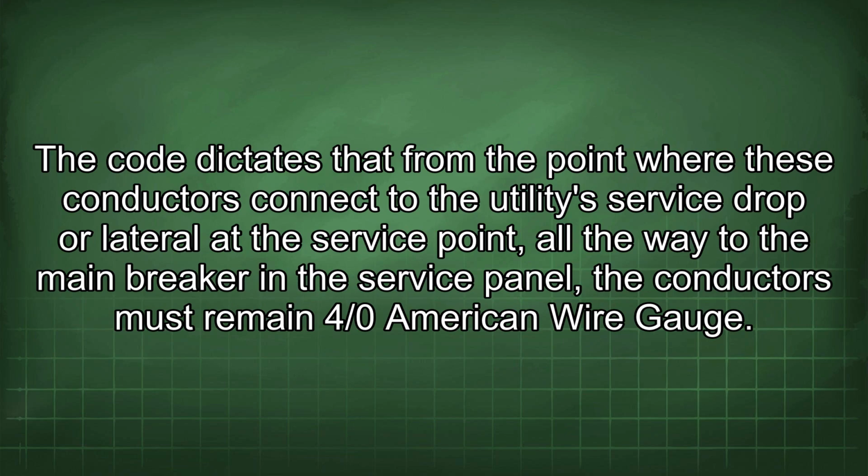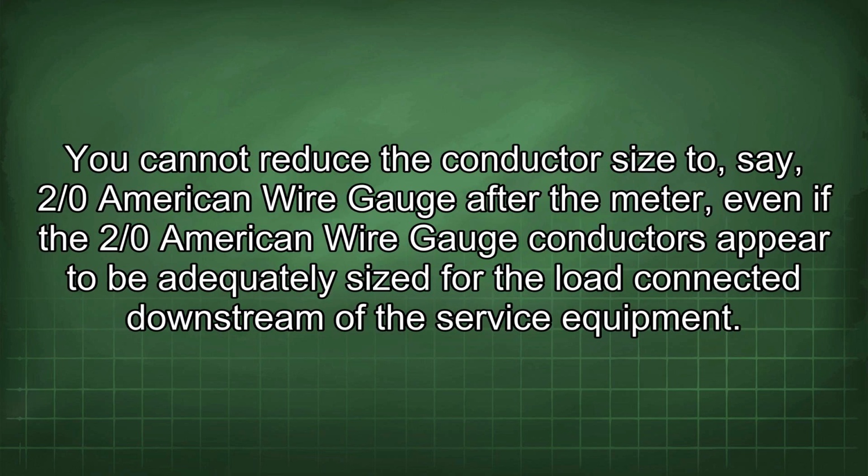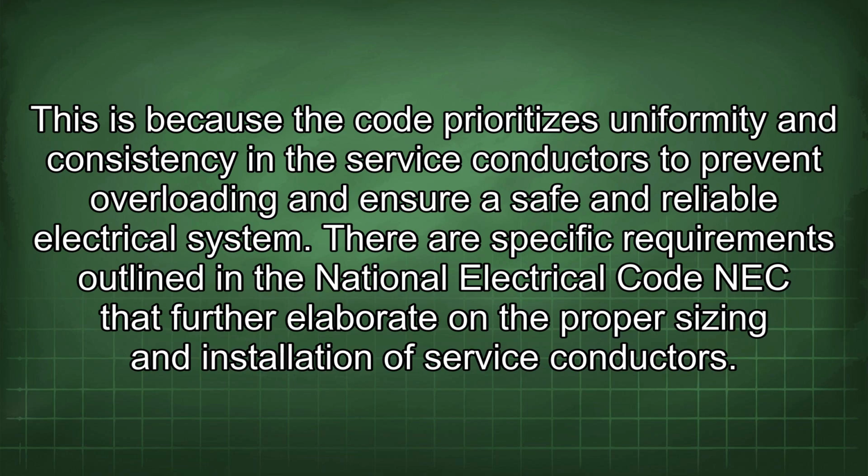The code dictates that from the point where these conductors connect to the utility's service drop or lateral at the service point, all the way to the main breaker in the service panel, the conductors must remain 4/0 American wire gauge. You cannot reduce the conductor size to, say, 2/0 American wire gauge after the meter, even if the 2/0 American wire gauge conductors appear to be adequately sized for the load connected downstream of the service equipment. This is because the code prioritizes uniformity and consistency in the service conductors to prevent overloading and ensure a safe